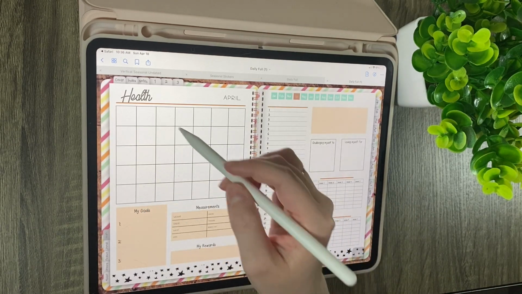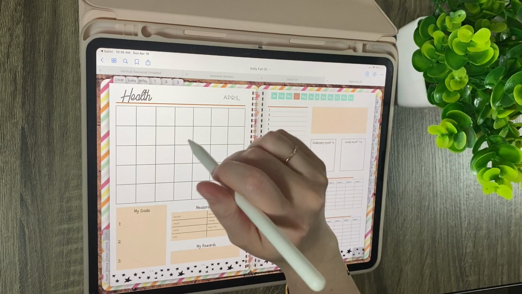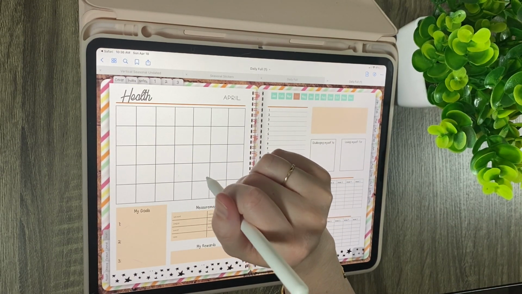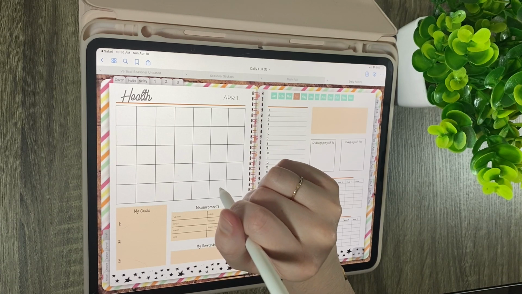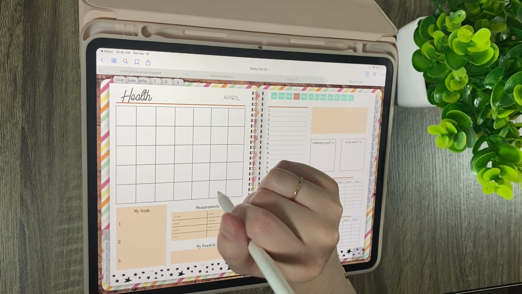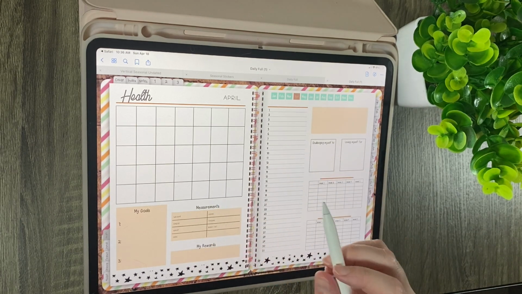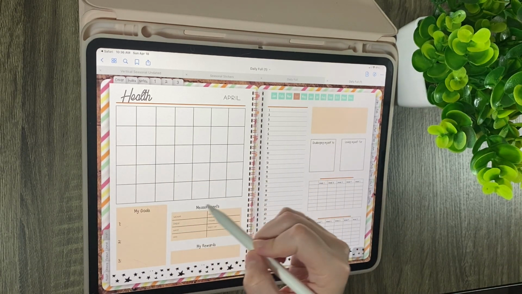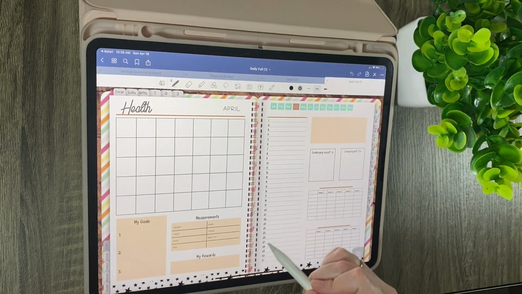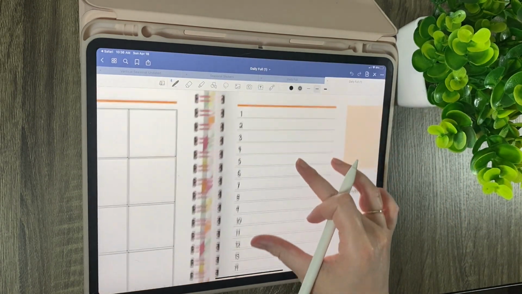This is the month. You can label your dates and use this to track whatever health information you deem important, whether that is your vitals, right? Your blood pressure, is it up, is it down, is it steady, is it improving? You can also use this to track exercise. Here you can use this. This is dated 1 to 31, so you could use this to track